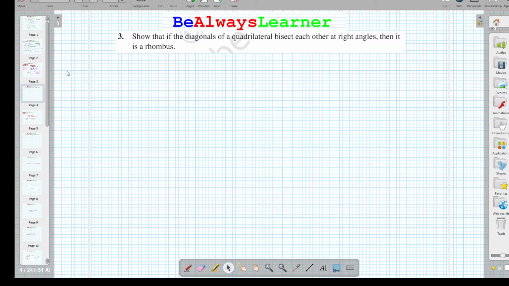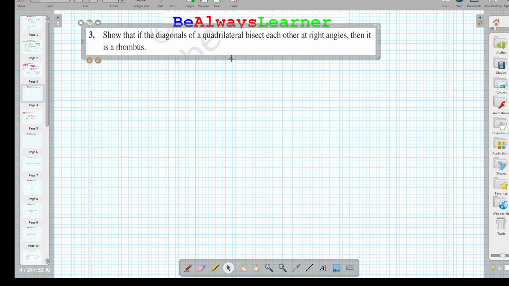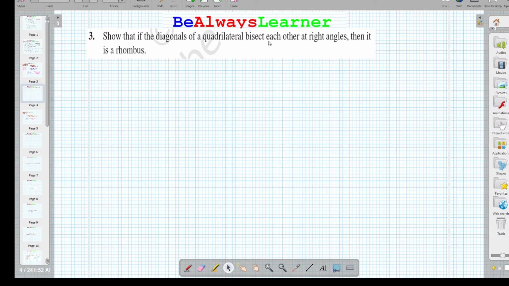इस question में हमें show करना है that if the diagonals of a quadrilateral bisect each other at right angle, then it is a rhombus. तो ये हमें प्रूव करना है यहाँ पर।